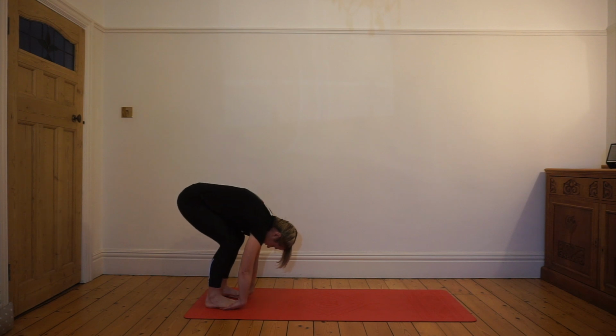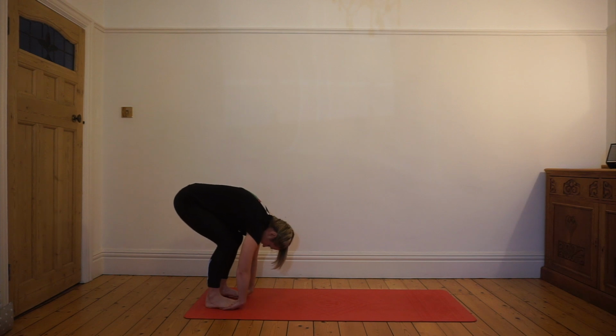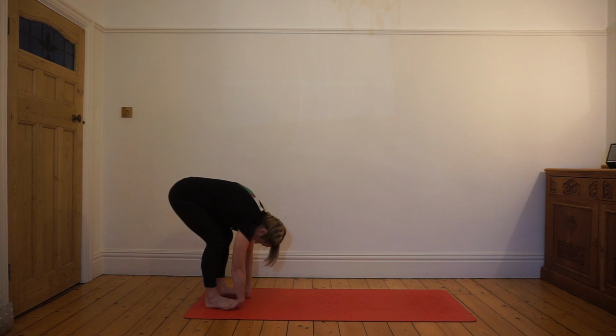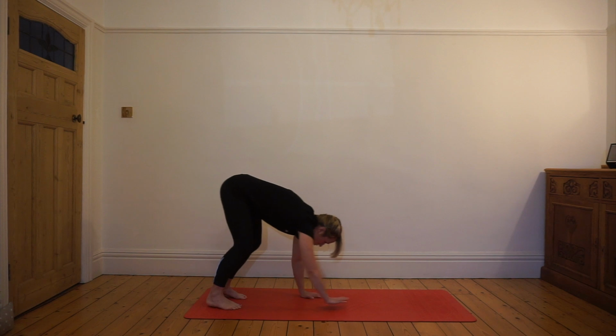And relax, straighten out through the right knee, and relax, straighten through the left, and relax, straighten through the right, and relax, straighten through the left, and relax. Then we're going to straighten both knees and count for 5, 4, 3, 2, 1. Good. Take both hands out from under your feet, and then we're going to walk out into